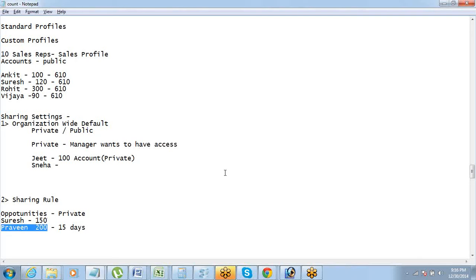I'm not going to transfer those, because those are not Suresh's opportunities. I cannot make it public, because if I make it public, others will also start getting the view of others' data. So that also I don't want. I just want Suresh to see Praveen's data as an exception to this rule.